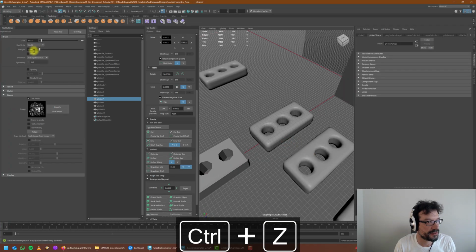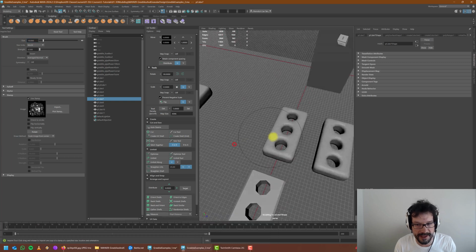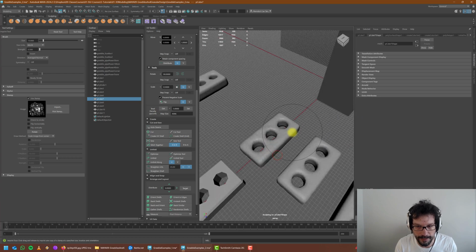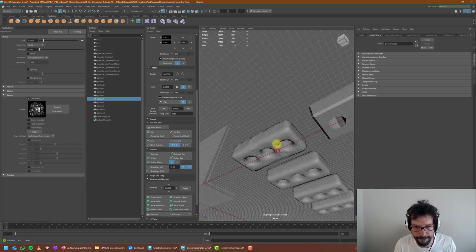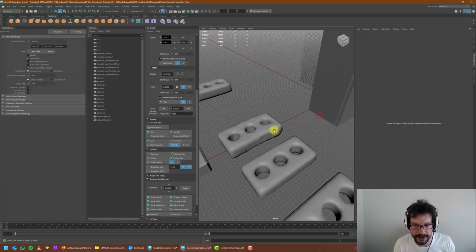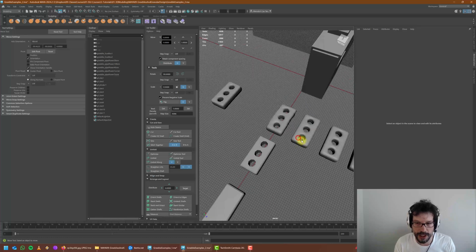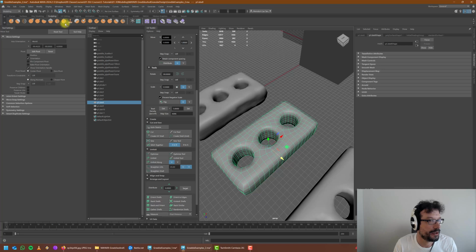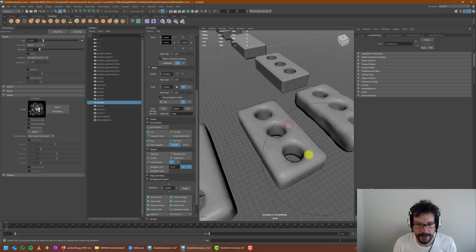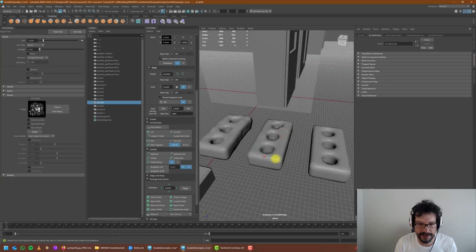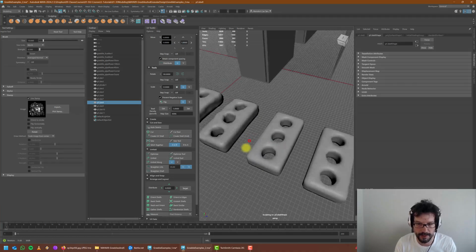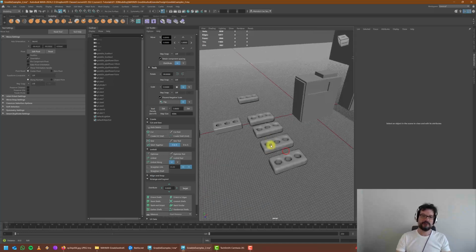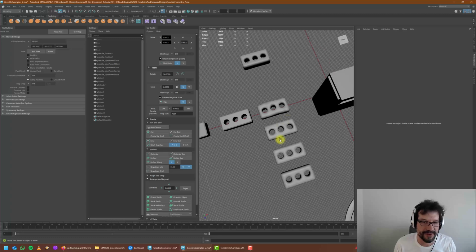And maybe let's increase the size so it applies it to a larger area. What I'm doing basically is trying to create some, let's say, irregularities on the surface. Something like so, something like so. Okay. There we go. And by just playing around with this object, you can create variations on it, and obviously